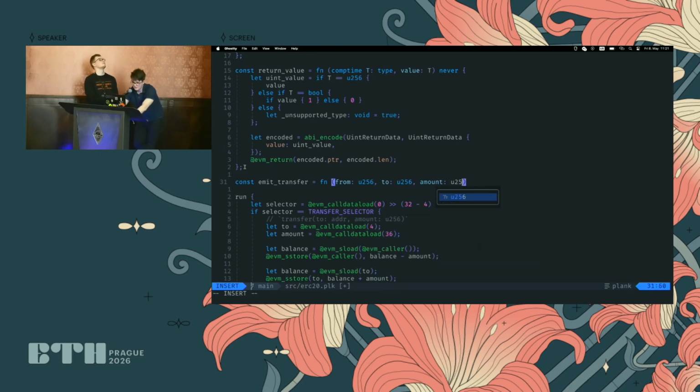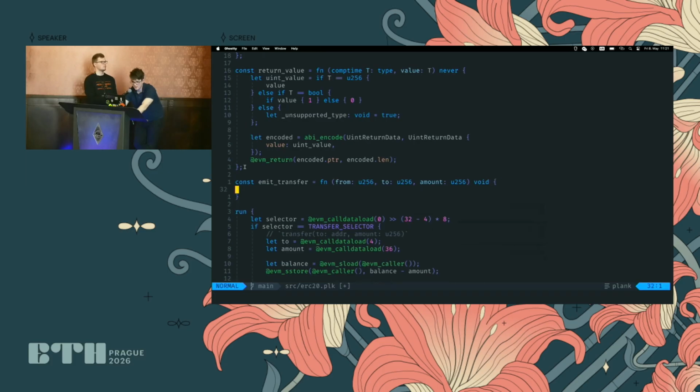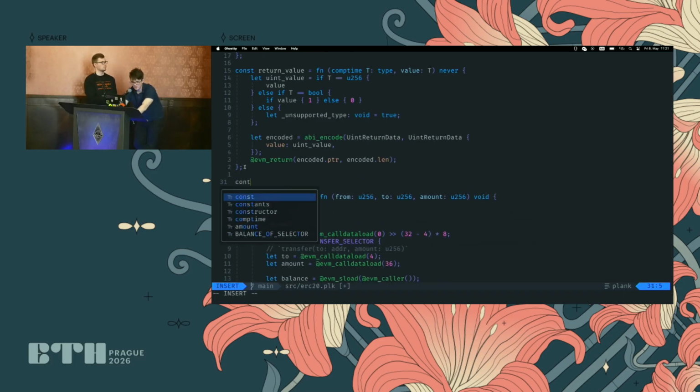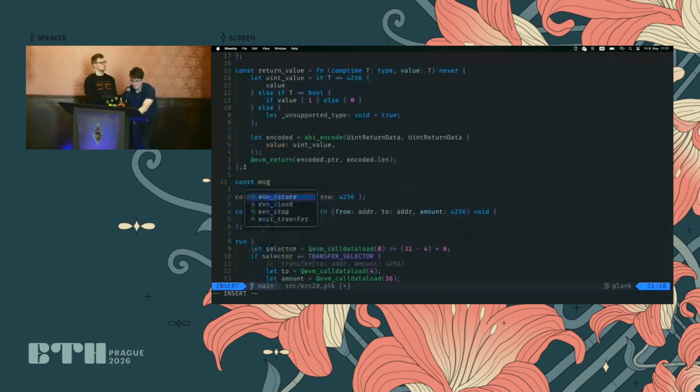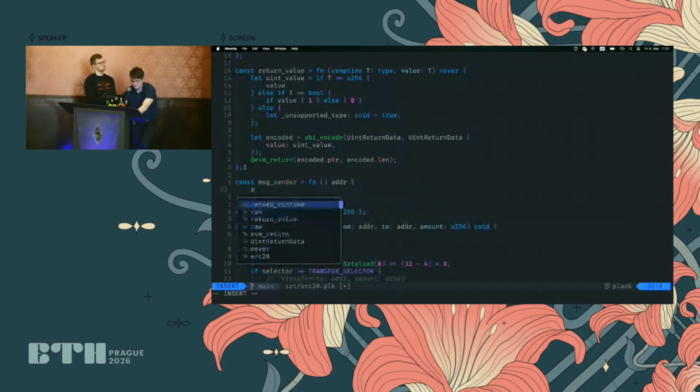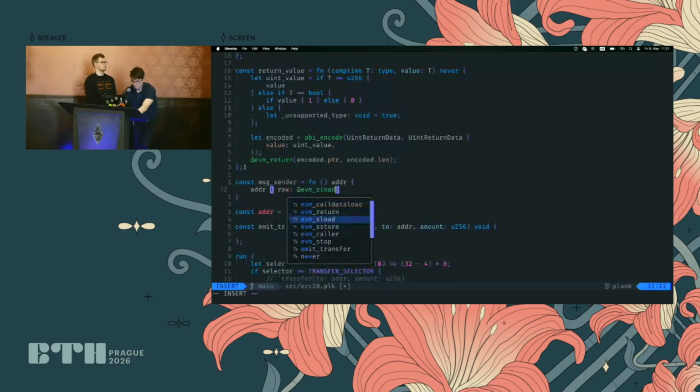So it's a bit janky that we're using the U256 type as addresses as well, so let's fix that real quick. There's a PR actually about to land to add this to the standard library, but it's missing just yet, so let's actually define the address type by hand. Who is an address? And actually, let's define a little helper that just directly gives us an address from message sender. So we'll say returns address, and it's just address raw EVM caller. So we have a little abstraction for that.